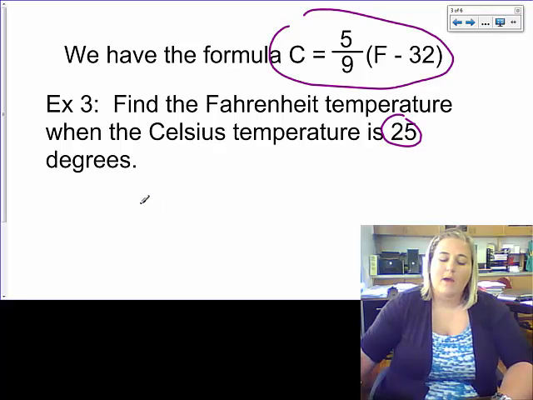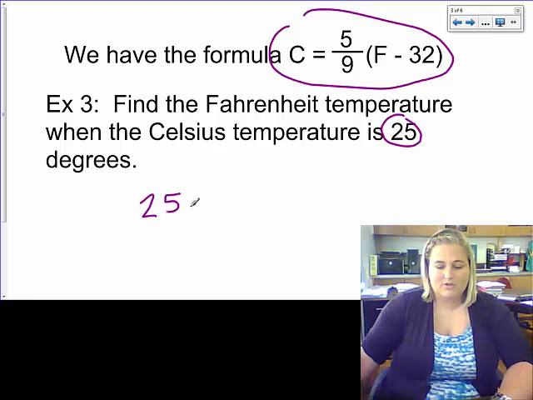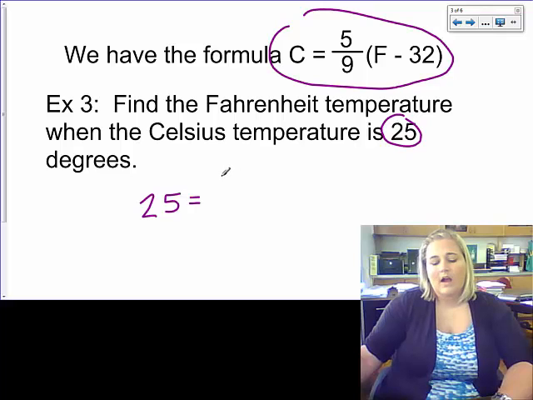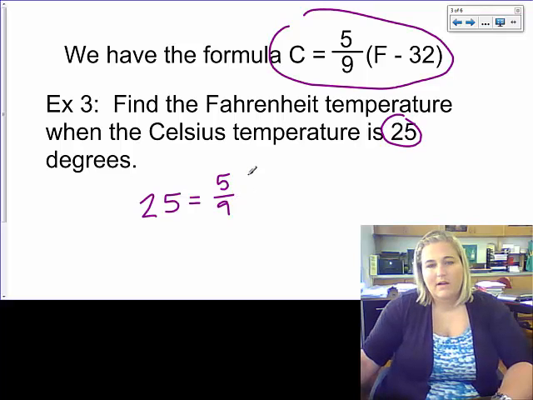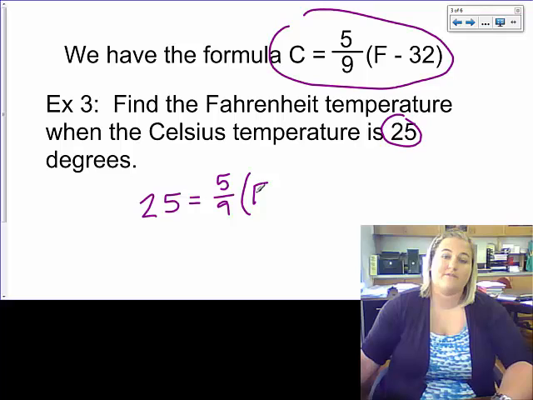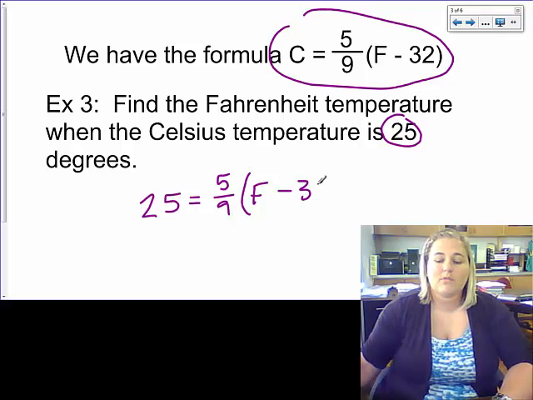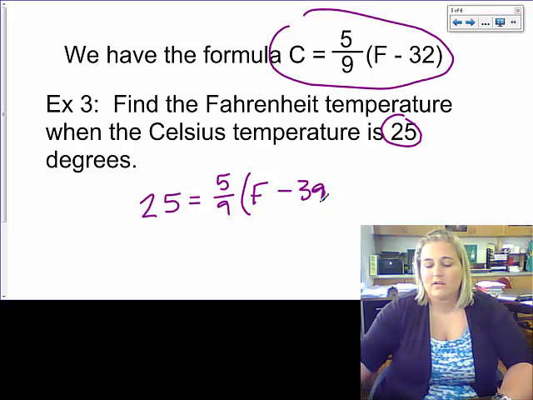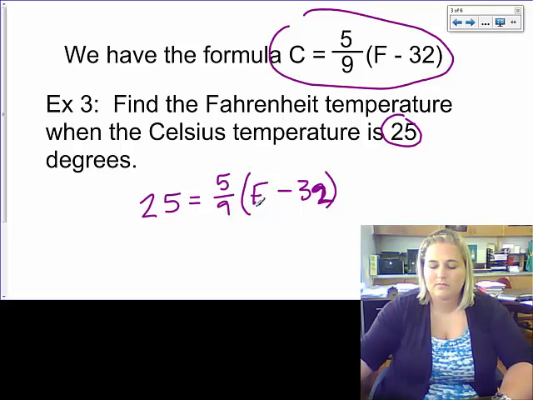So I'm going to substitute 25 where C is, equals 5/9 times the quantity of F minus 32. I wrote 39, I have no idea why. 32. Okay, I want to solve for F here. To do that, I know that 5/9 is being multiplied by this whole thing, so the opposite would be